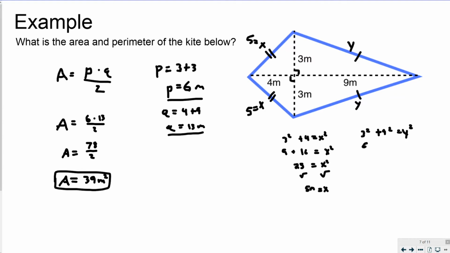So 3 squared is 9. 9 squared is 81. That's y squared. So I get 90 equals y squared. So I take the square root of both sides, and I get y is equal to, so 90 is not